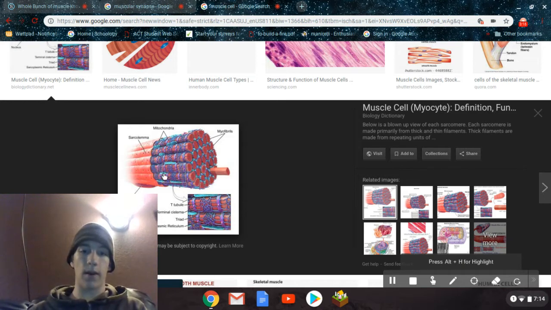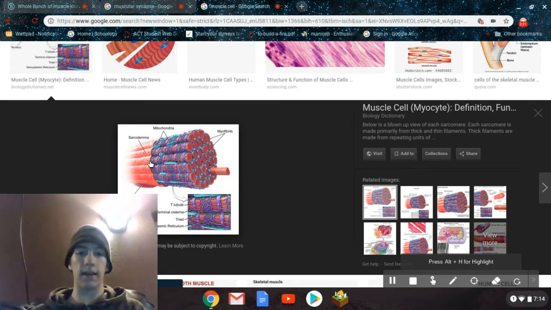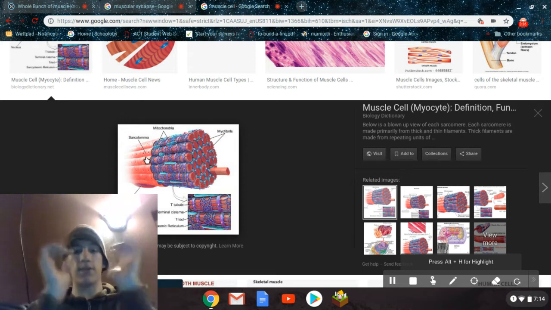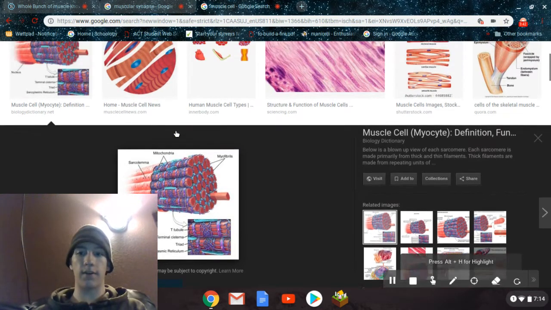And the sarcolemma is the cytoplasm, basically, of the muscle cell. It actually goes over the entire cell, but it's been pulled back in this demonstration to show you what it looks like underneath. Sarcolemma is the gel holding everything up and giving it support,